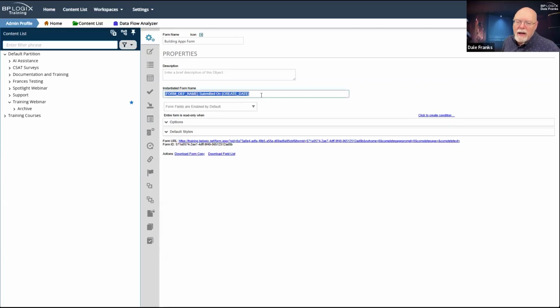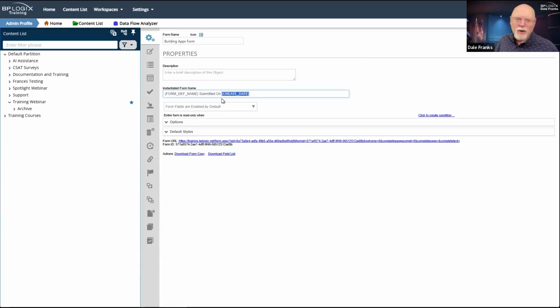The first thing I need to do is take care of this. This is the default instantiated form name, and it is not going to be very helpful, because what this default name is going to give me is building apps form submitted on whatever date it was created.